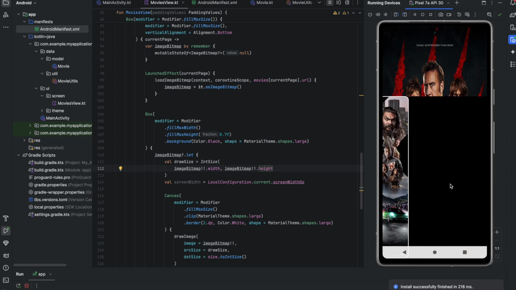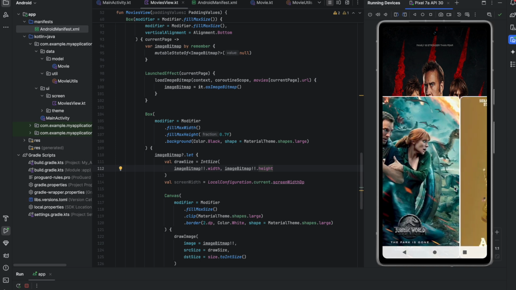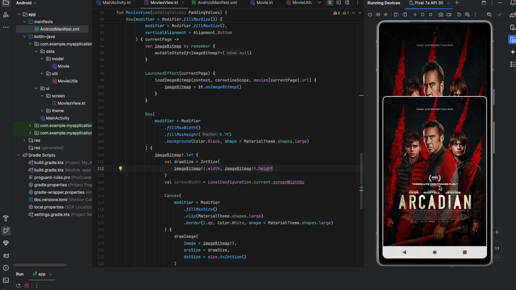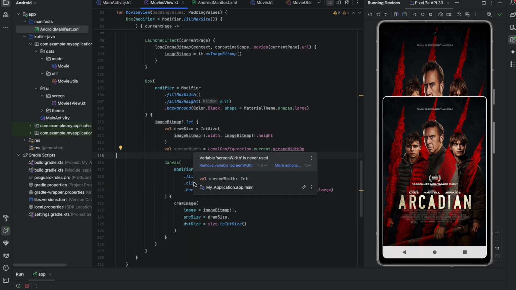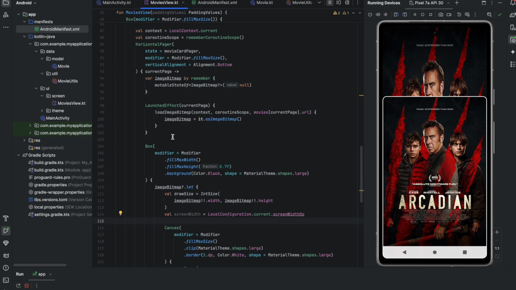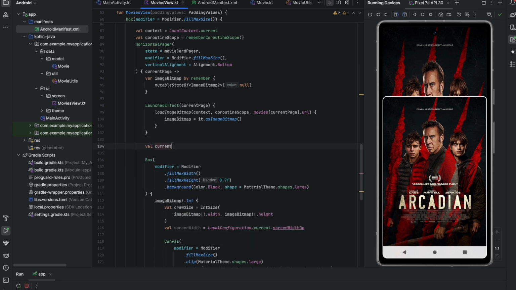Okay, this one image is not being loaded, so we will replace it so that the app works fine. Before that, we need to apply some parallax effect to this movies card, so let's calculate parallax transitions and all. So first we will calculate the current page offset here. Current page offset will be equivalent to, say, movies card pager